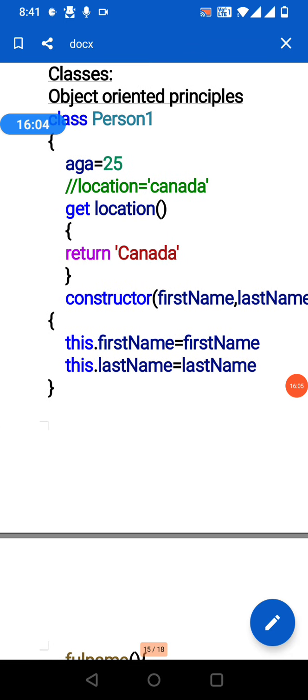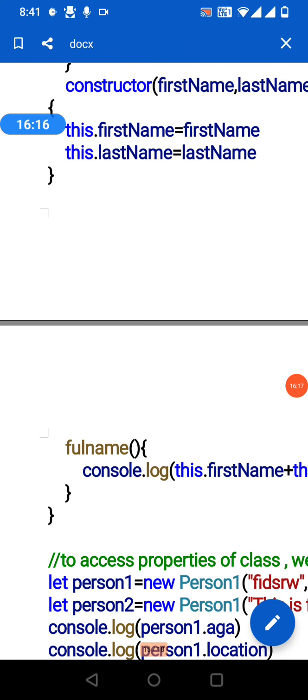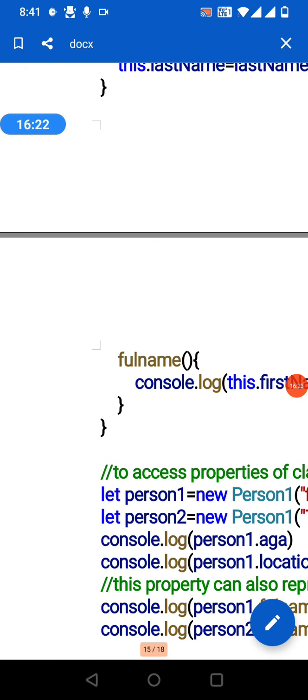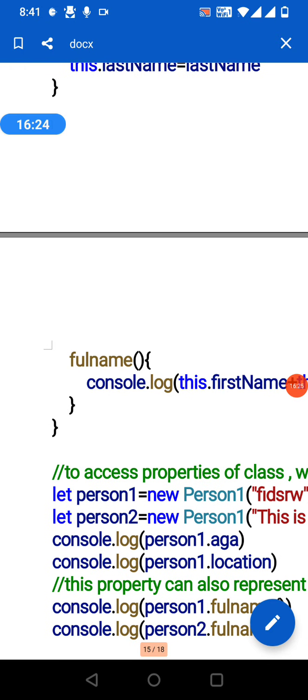Inside this, this dot first name equal to first name, this dot last name equal to last name. So it will take the same class variables in the class file. Full name equal to, here is the method, we can give a method inside that. To access those we need to create objects.